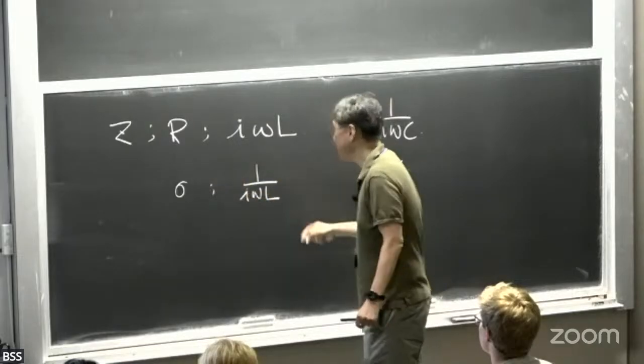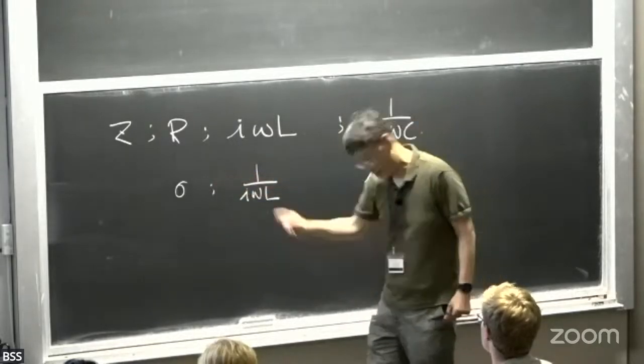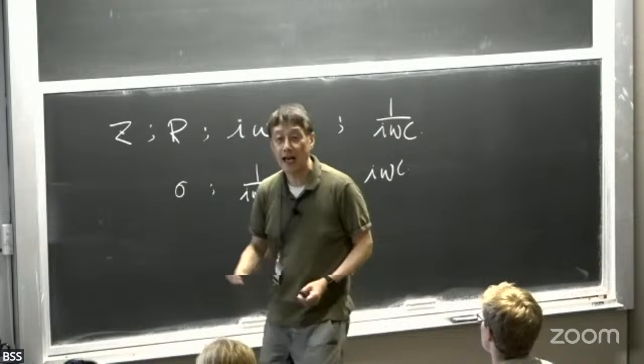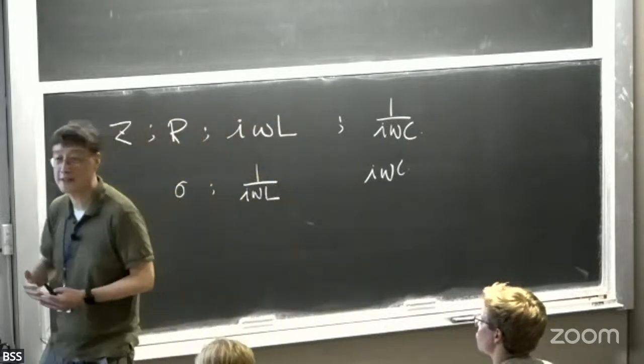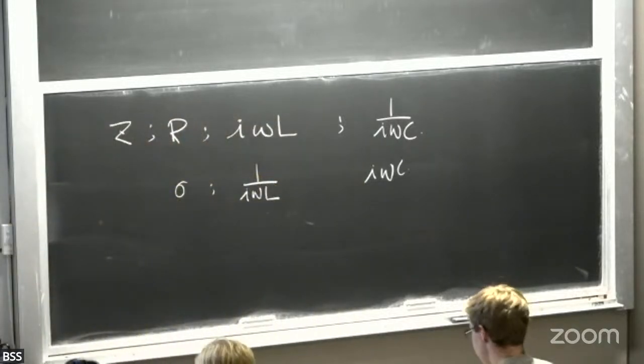So what I'm saying here is if I just look at the imaginary part of the sigma, I can immediately read off whether this is more inductive versus capacitive, right? You can see that at frequencies lower than omega c, the imaginary part of the conductivity can be viewed as capacitive, right? And at frequencies larger than omega c, whatever the characteristic, this one is always kind of inductive, right?